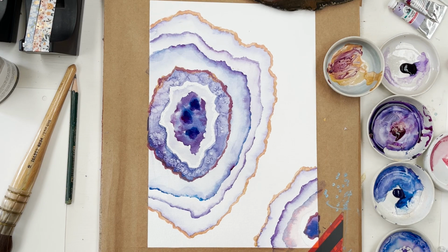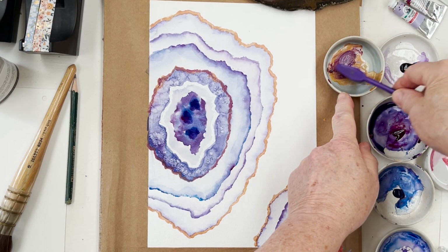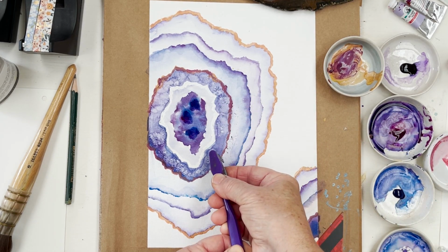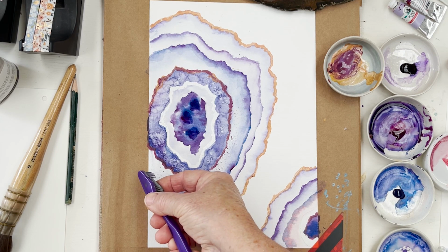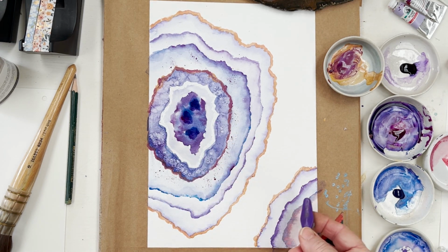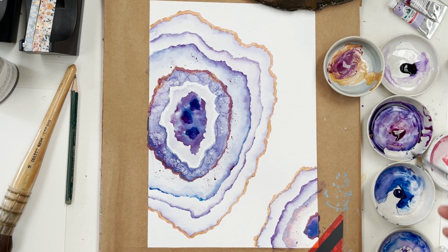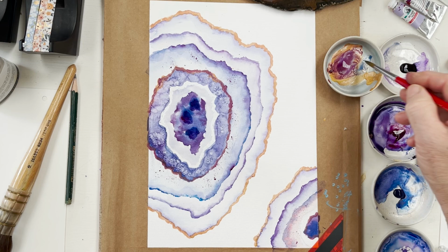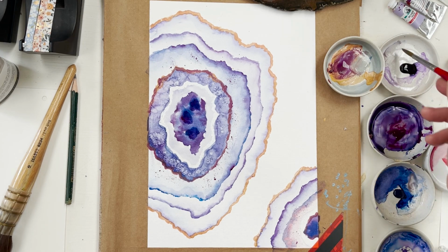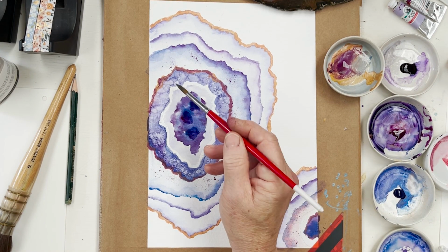So I think my trusty toothbrush hasn't had much of a workout lately. I'm just going to pick up some gold mixed with some lilac, and I'll just bring in a few dots. A few on that one too, perhaps. And then I'm going to pick up a little bit of blue and a little bit of gold. I'm practicing with my iridescence for when I get my Jean Haynes iridescent set, which I'm hopefully going to be ordering from